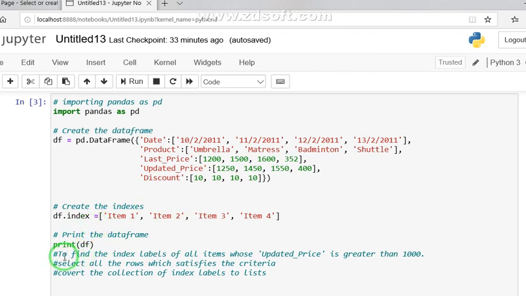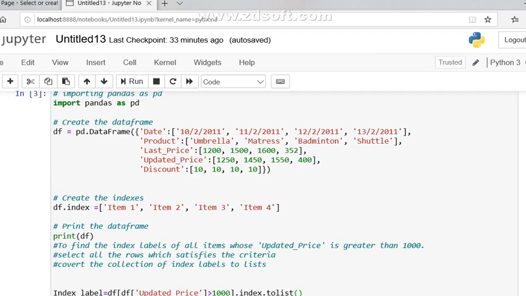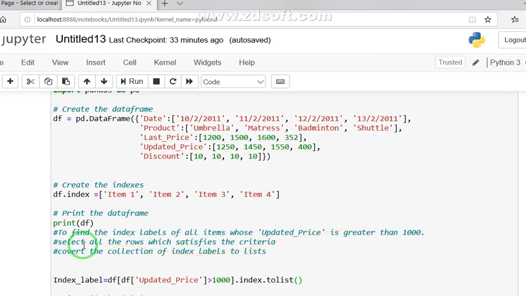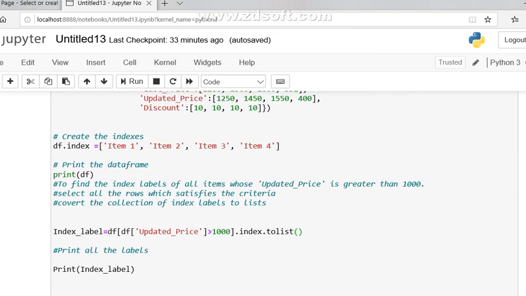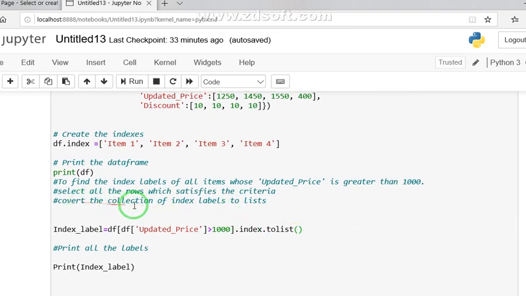And then you see here what I did to find the index labels of all those items whose updated price is greater than 1000. So these are our queries, and what we want to do is select all those rows which satisfy the criteria. So the first step is that I want to convert the collection of index labels to list.